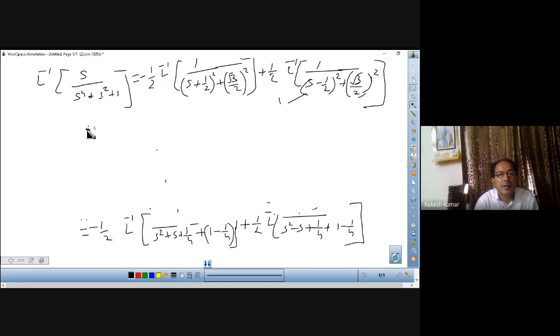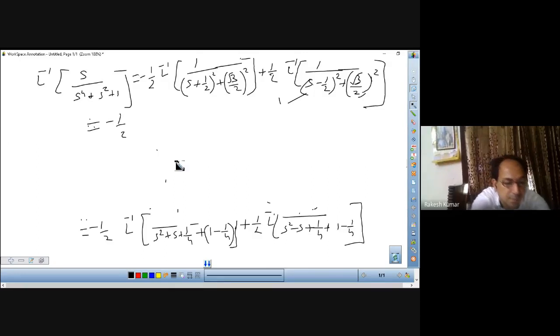We know that by the first shifting theorem, because there is a constant term in the numerator, and here is a constant term of root 3 by 2. Now you need to make adjustment. What does it mean? Here should be,